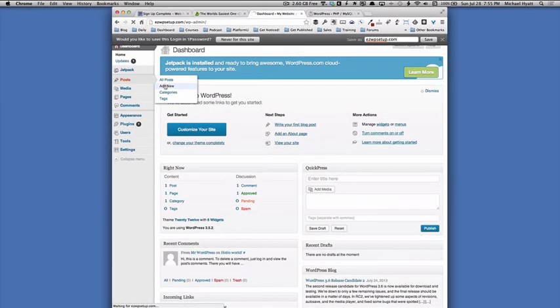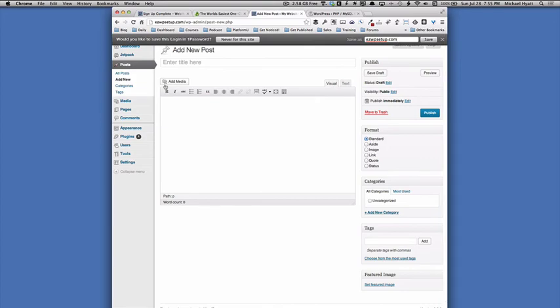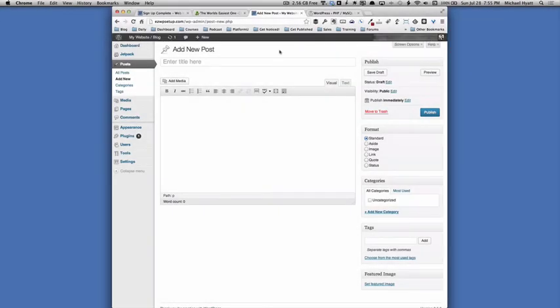And get used to this screen, because this is where you're going to be writing your blog posts in the future. And again, 1Password is asking me if I want to remember this password, and I'm just going to click on Save so that it saves the password. And I'm going to enter some clever title here for my first blog post, like Welcome to my WordPress